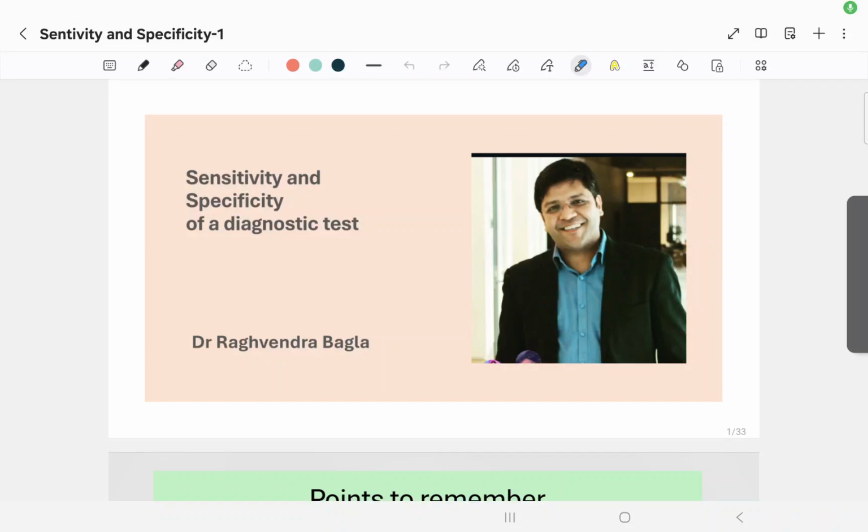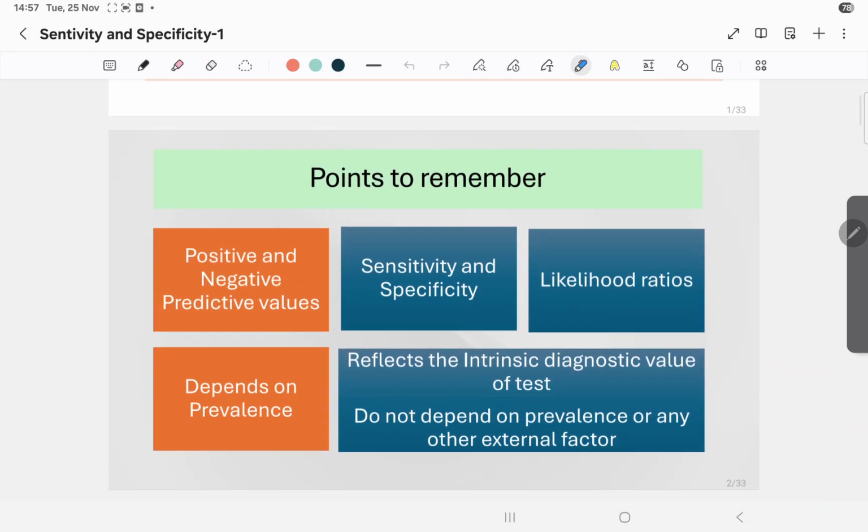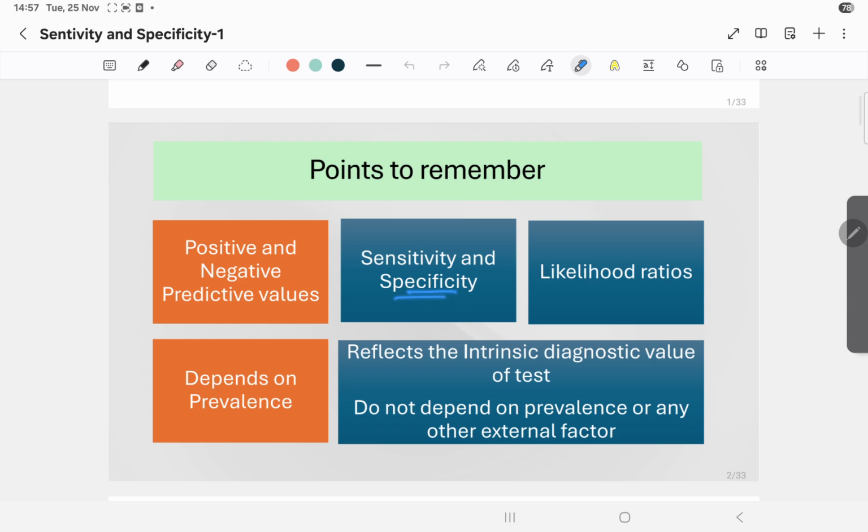Everyone, welcome back to today's video, and in this video we will be discussing sensitivity and specificity of a diagnostic test. So the first point to remember is that sensitivity as well as specificity and the likelihood ratio does